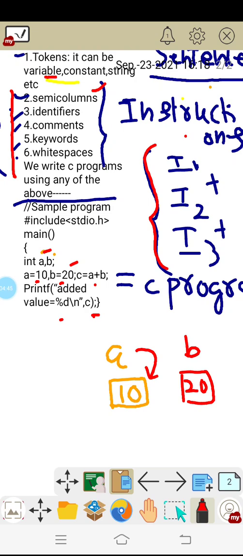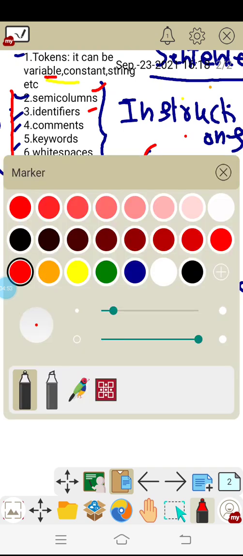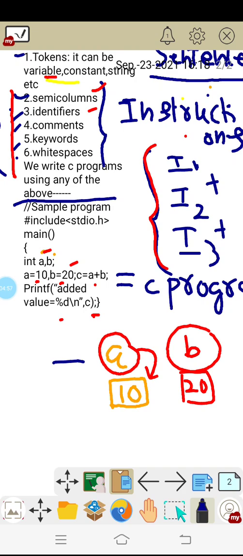If you go for identifiers, identifier means here A and B are nothing but the names given to the variables. Don't confuse: just now you said variables and right now you are saying identifier. For example, instead of a, I can give some other name, for example ax, by.